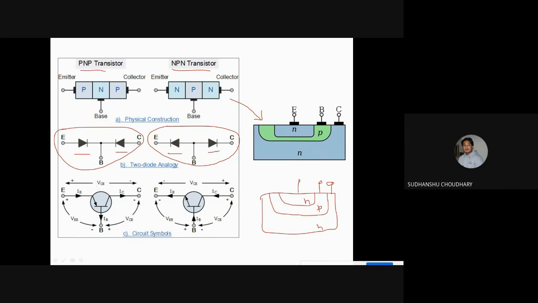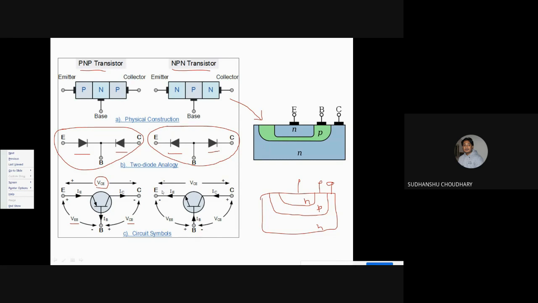Now the junction potentials. Between emitter and collector, the bias is VCE. Similarly, between base and emitter, whatever bias exists, we call it VEB, that is, the emitter-base bias, and this is the collector-base bias between collector and base. And this is VCE, the potential between collector and emitter. Similarly here for an NPN transistor.